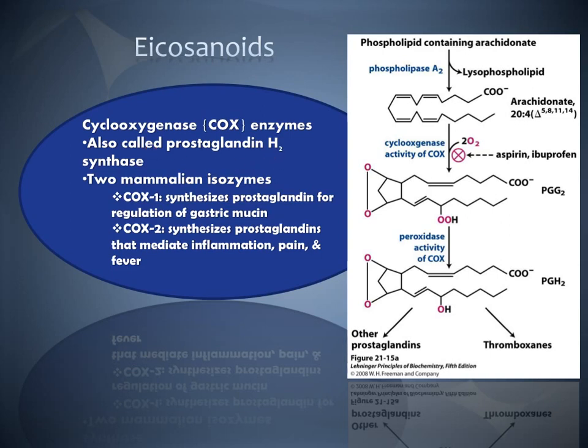Cyclooxygenases are the COX enzymes. Technically, there are 2 isozymes in mammals. There's one that's called COX-1 and COX-2. COX-1 is important for prostaglandins that have to do with your stomach, that one in particular. And then COX-2 makes prostaglandins that look at inflammation, pain, and fever. They're also called prostaglandin H2 synthase, but everyone just calls them the COX enzymes, COX-1 and COX-2. A lot of your pain relievers like aspirin and ibuprofen, what they do is they inhibit the